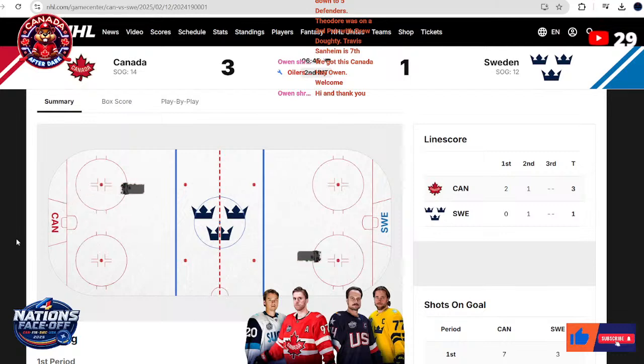Yeah, that was a great play, too, by Lucas Raymond, who actually was in on the forecheck and caused a bit of a turnover from Drew Doughty behind the net. He gets it back to Hedman, does Raymond. He gets it over to Brodin, and from a tough angle, looked like it got through a couple of players, certainly. It was a bit of a flutter ball that got past Jordan Binnington. Sweden were on the board at 9:33 of the second period. They trailed by a score of 2-1. Now, Canada comes back just moments later, and they're looking to increase their advantage to 3-1,